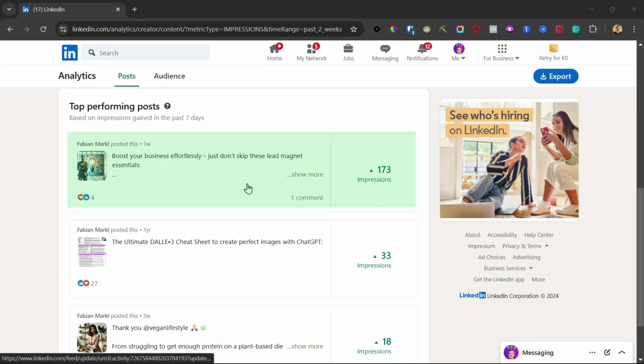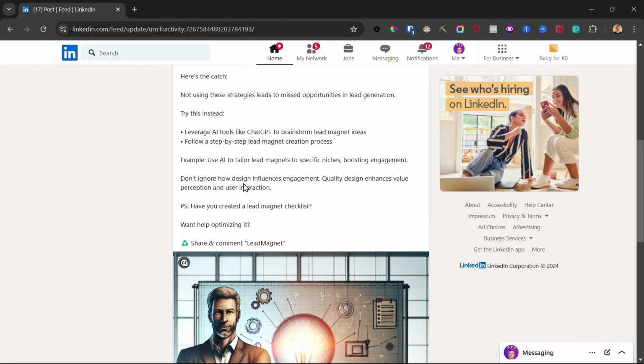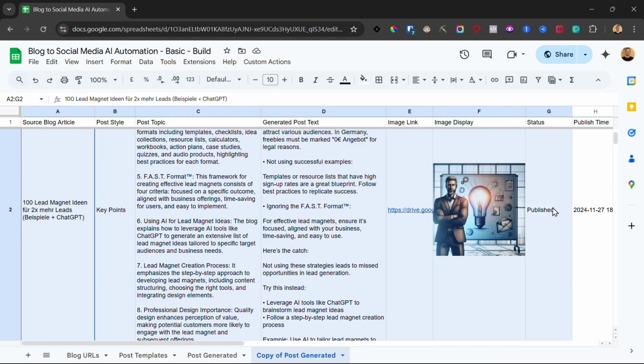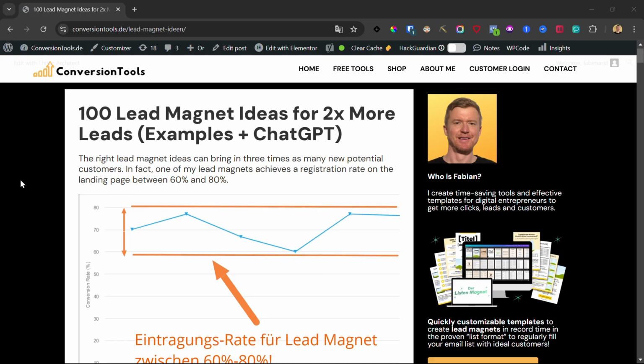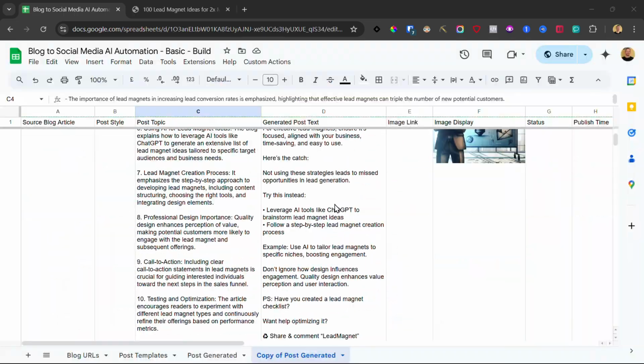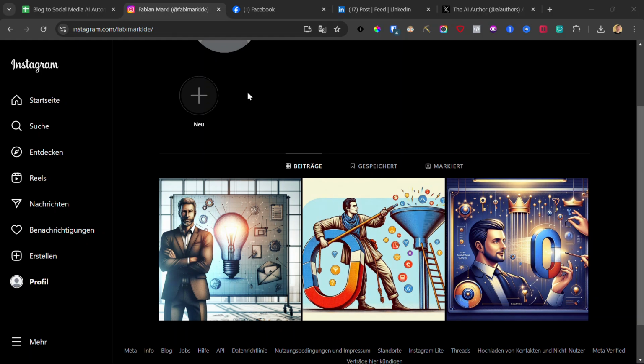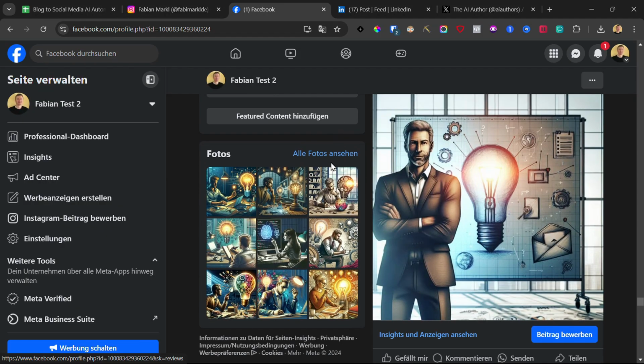My best performing social media post of the last 7 days was generated 100% automatically by this AI system that can be built using the free plan of a tool called Make. The AI took this blog article, turned it into 3 unique posts and published them to Instagram, Facebook, LinkedIn and